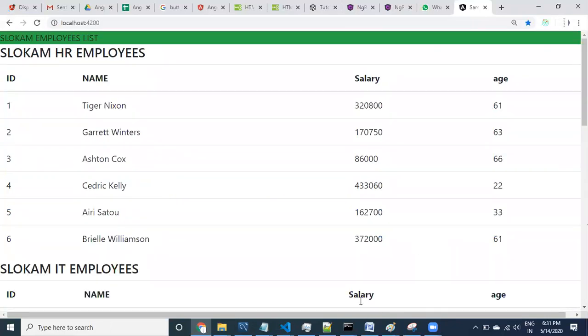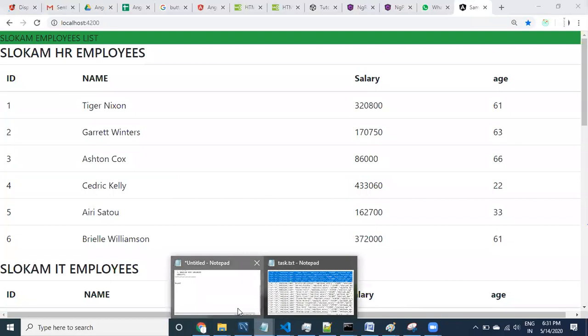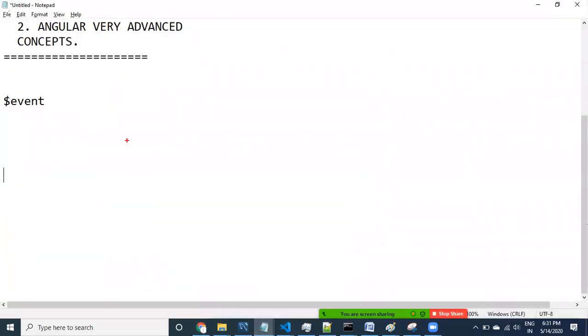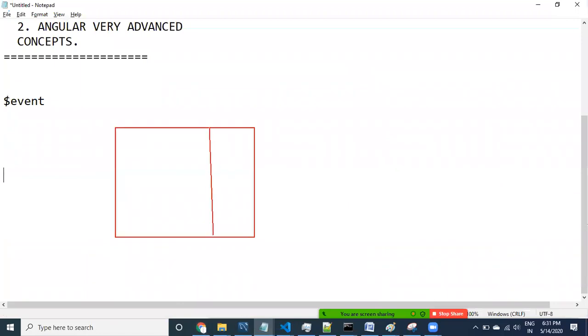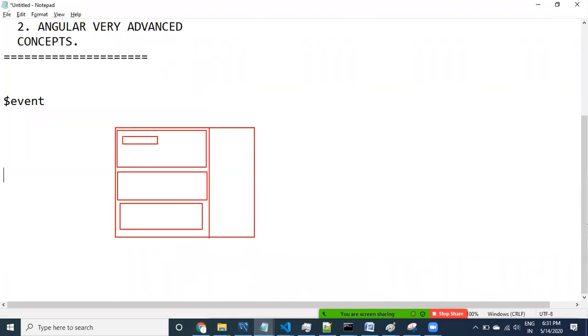But now what I want to do is, I want to change something in the design. I want to divide like this. Here I want to display one table, here one table, here one table. Now this table contains rows, right? Assume these are the rows. This is the whole screen, and these are the 3 tables I am displaying.